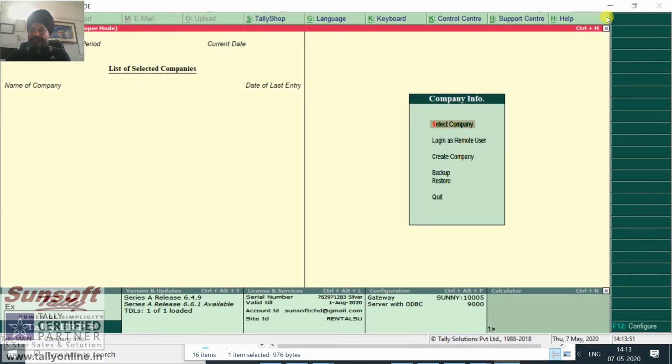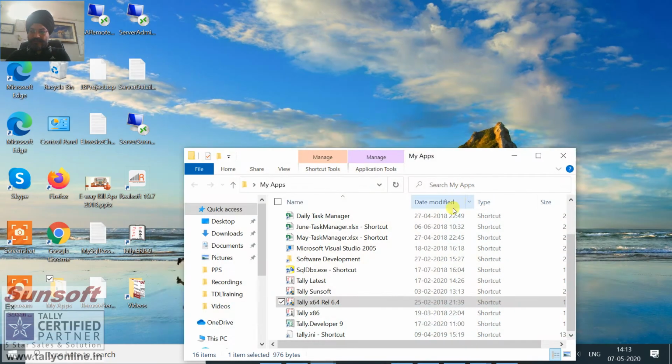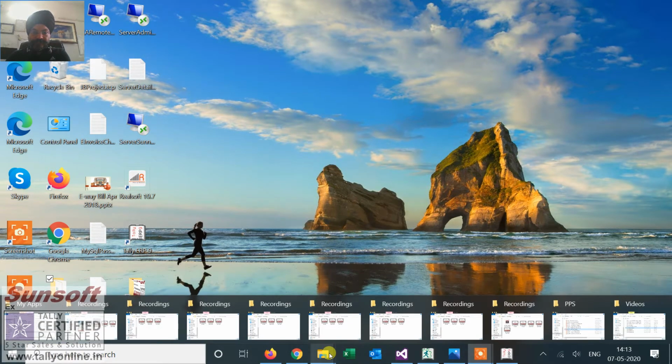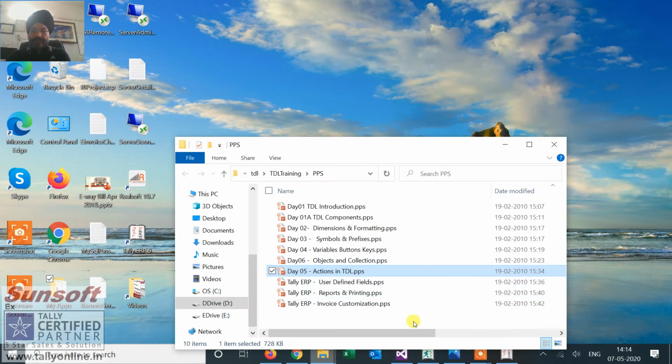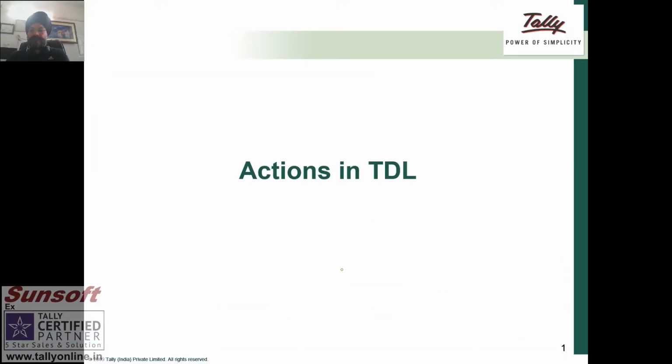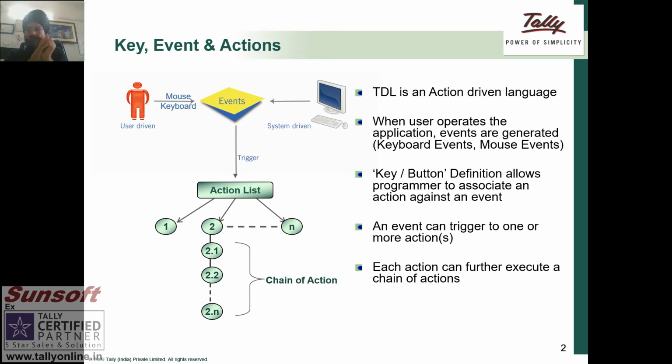What are actions? It is more of a theoretical part. So let us start right away. What are actions in TDL? TDL is an action-driven language. When the user operates the application, events are generated: keyboard events, mouse events. Key and button definitions allow the programmer to associate an action with an event.